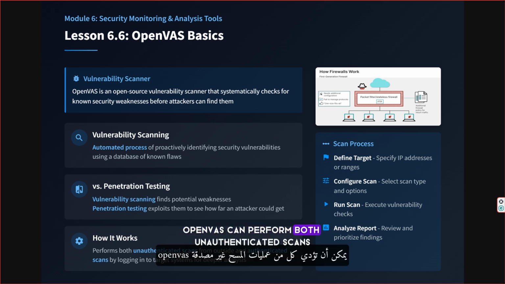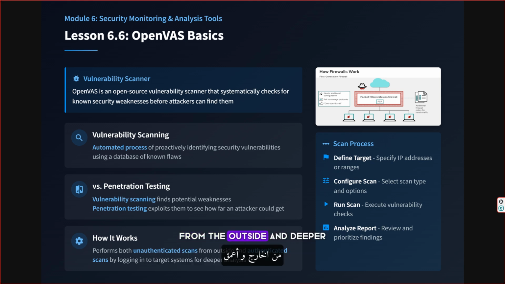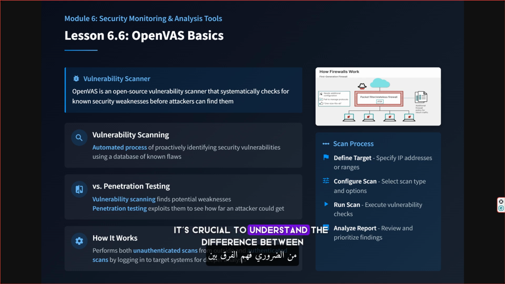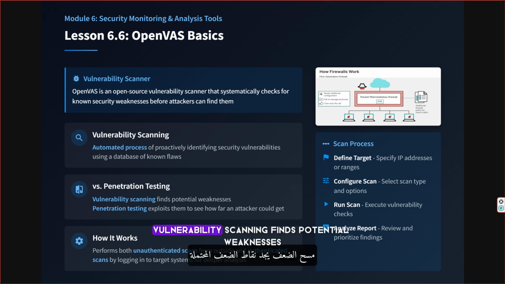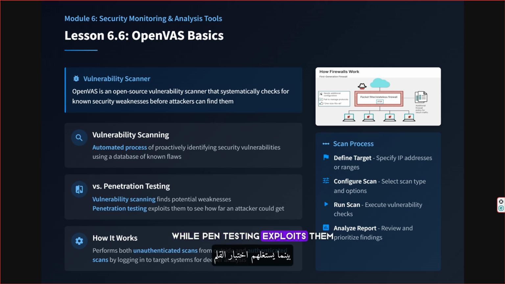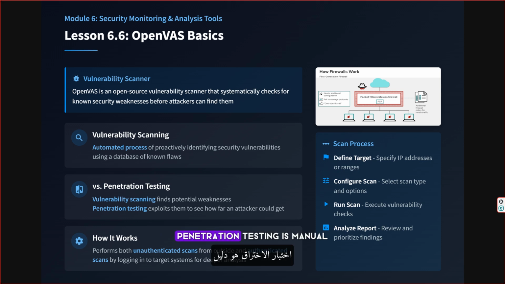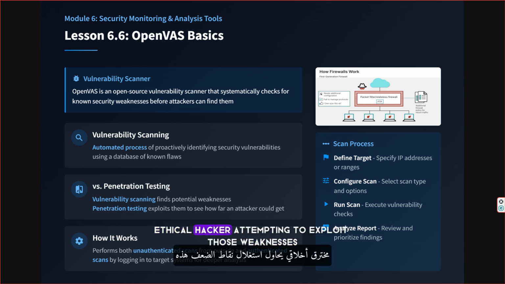OpenVAS can perform both unauthenticated scans from the outside and deeper authenticated scans where it logs into the target system. It's crucial to understand the difference between vulnerability scanning and penetration testing. Vulnerability scanning finds potential weaknesses, while pen testing exploits them. Vulnerability scanning is automated, broad, and identifies potential weaknesses. Penetration testing is manual, narrow, and involves a human ethical hacker attempting to exploit those weaknesses to see how far